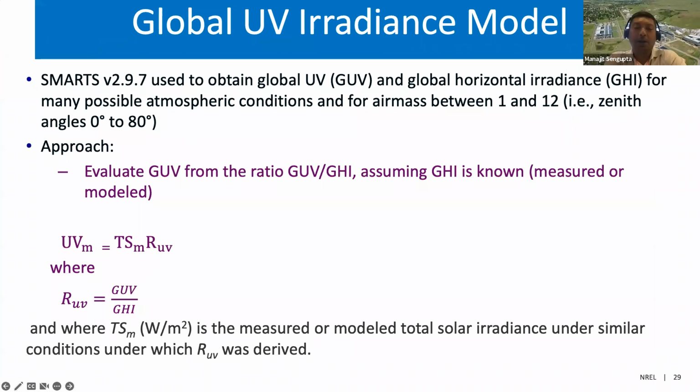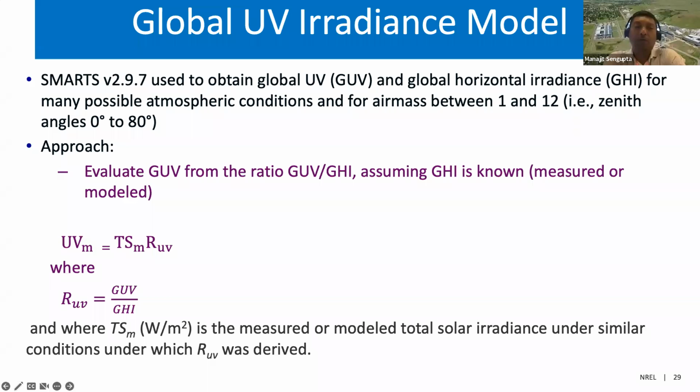And finally, we also have made available UV from the NSRDB. So essentially everybody who needs to do any studies which require UV data can get this data directly from the NSRDB. It's a model we developed using SMARTS. And then essentially what we found is that UV is reasonably directly related to the GHI, and the model is just based on that concept.